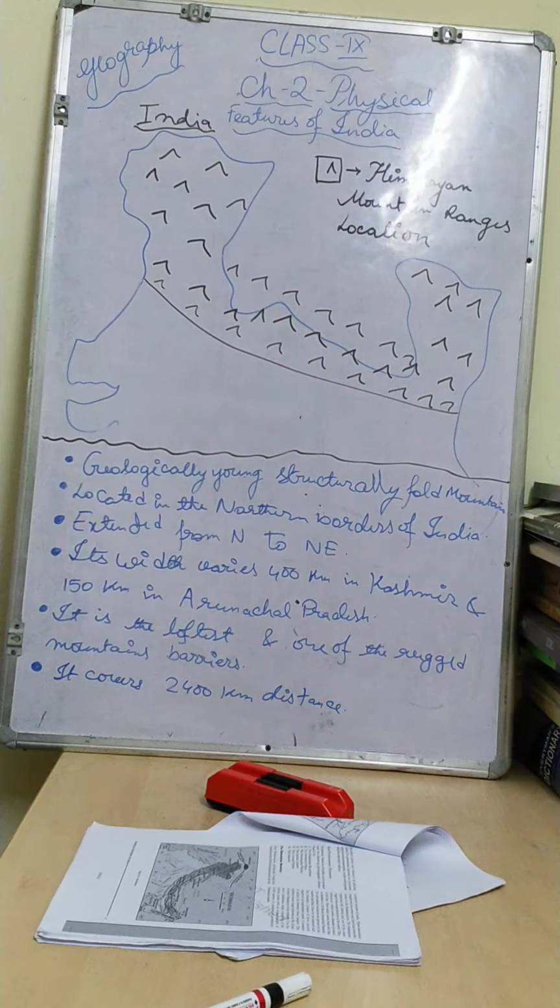Today I just want to refer this video for class 9. Okay, class 9, this is the second part of chapter 2, Physical Features of India. So here I will teach you the learning objective of this chapter. The topic will be the Himalayan, the northern mountains, or we can say the Himalayan mountains, right children? Because in the northern part the Himalayan mountains are located, its location, how many divisions are there, and related to those points I will tell you something special, right children?